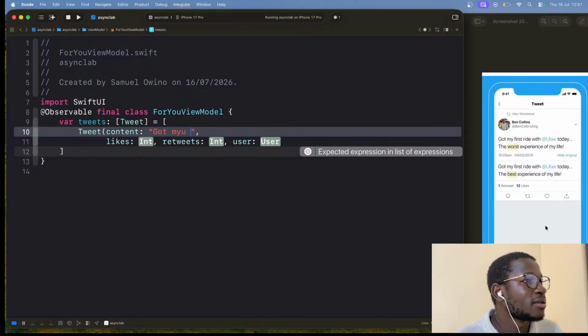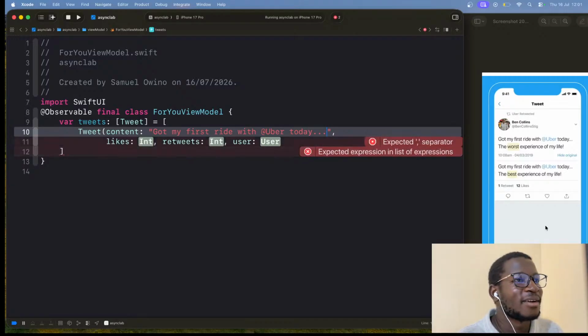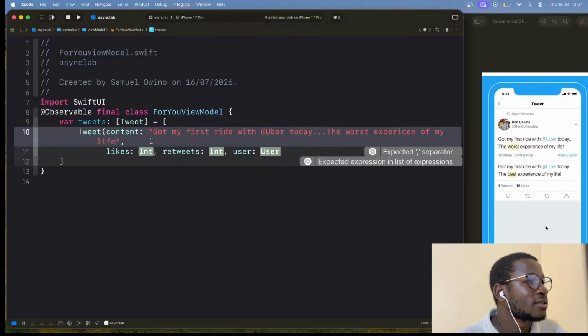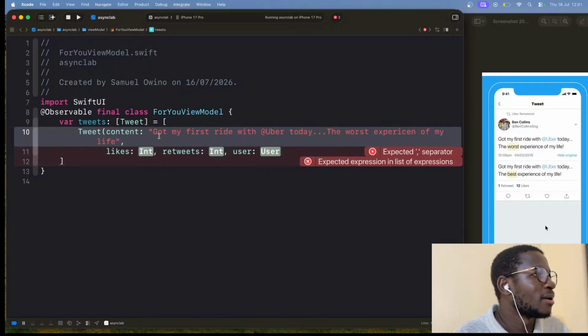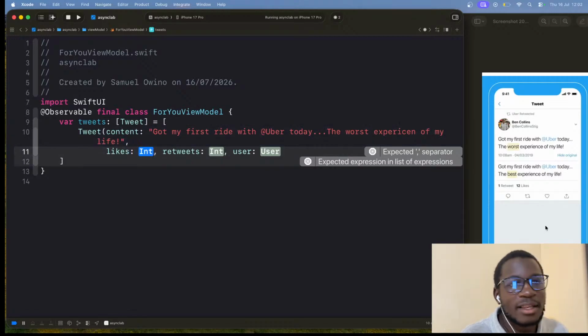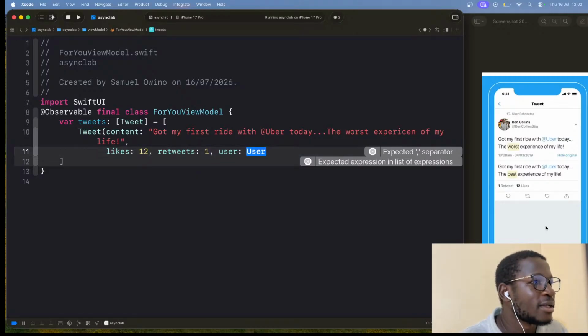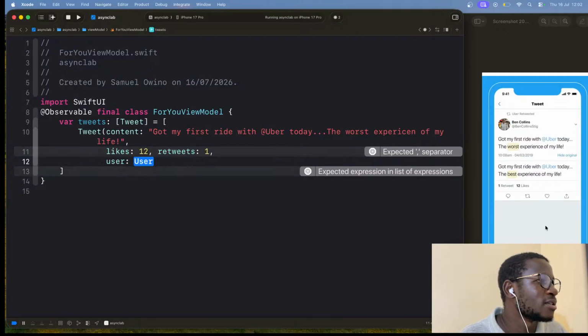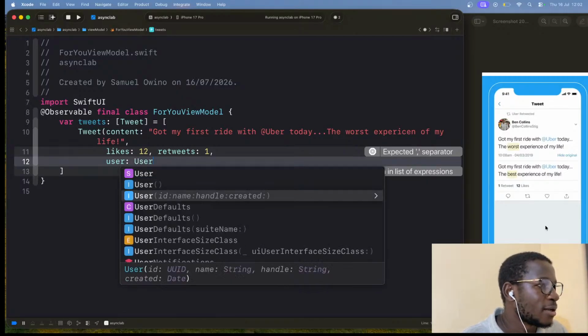Got my first ride with Uber today. Okay, the worst experience of exclamation. Then the likes value is 12, retweets 1, and then the user is user, and